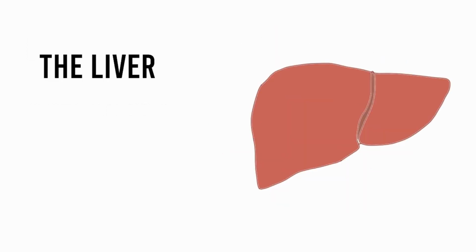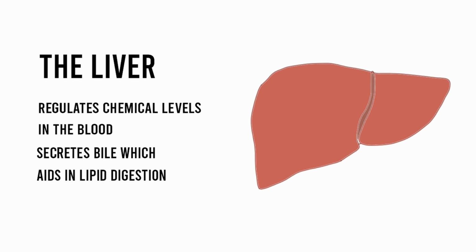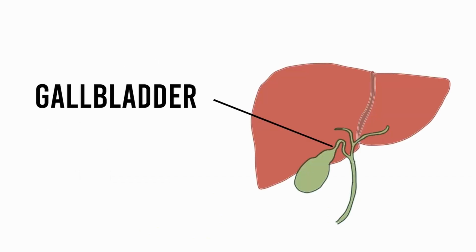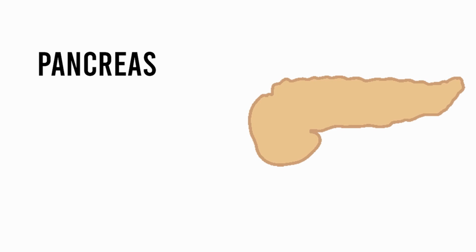Now, more specifically, the liver regulates chemical levels in our blood and secretes bile, a greenish yellow substance which aids in the digestion of fats. The gallbladder is a small pear-like organ which stores this bile and releases it into the small intestine via the common bile duct. The pancreas is arguably the most important out of the three, and is an organ which produces